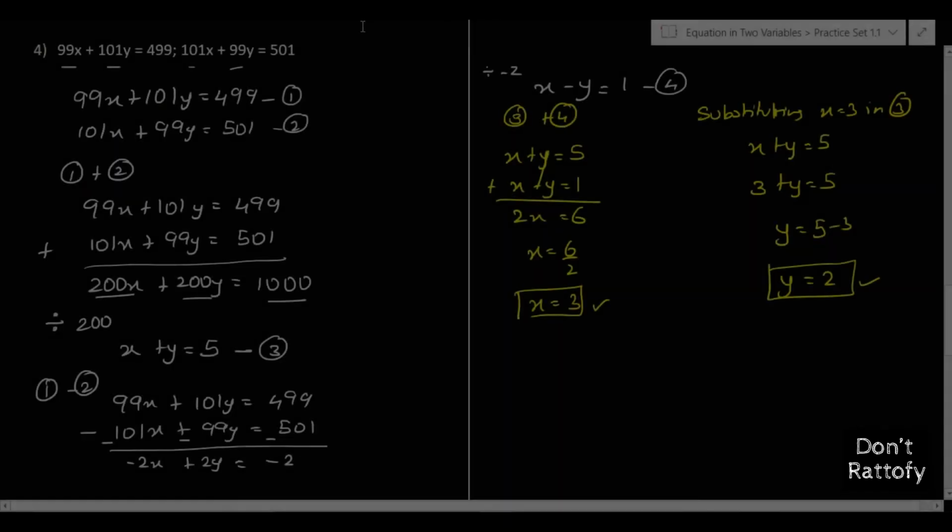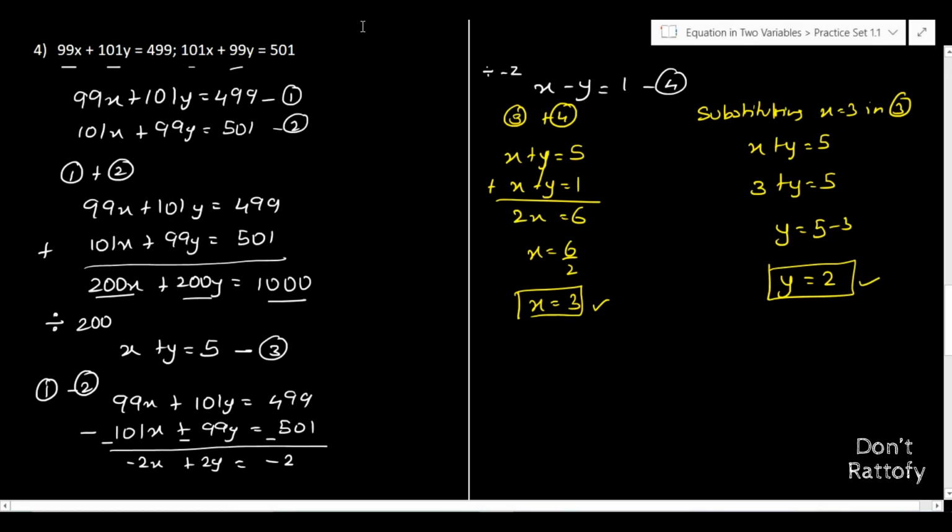Okay. Now with this sum, we have completed our second video of equations in two variables from Maths 1, 10th standard, and I hope you have understood the sums from this. I have selected different types of sums to solve, and these are not all the sums from practice set 1.1. I want you guys to go and solve all the sums from practice set 1.1, and if you find any difficulty in any of the sums, drop the sum question number in the comment section. I'll solve the sum.